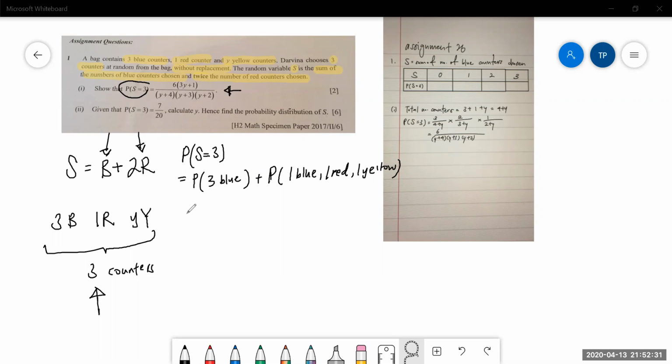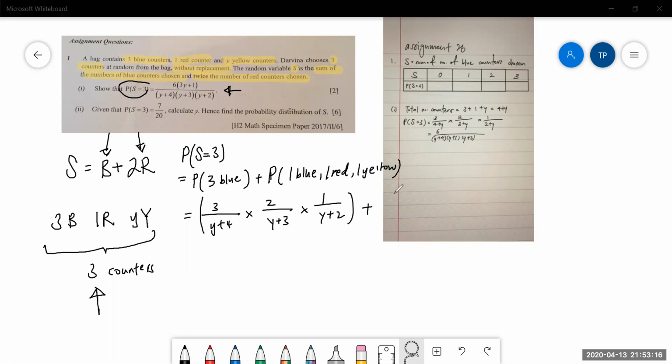So we need to find the probability of getting 3 blue. The probability of getting 3 blue will be 3 over (4 plus y), times 2 over (y plus 3), times 1 over (y plus 2). Right? So that's the probability of 3 blue. Then the probability of getting 1 blue, 1 red, 1 yellow will be